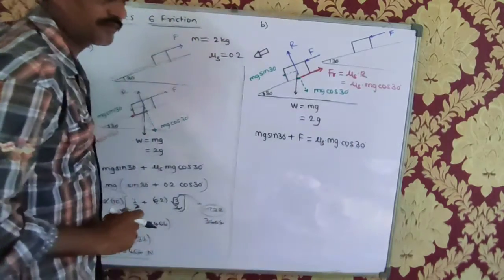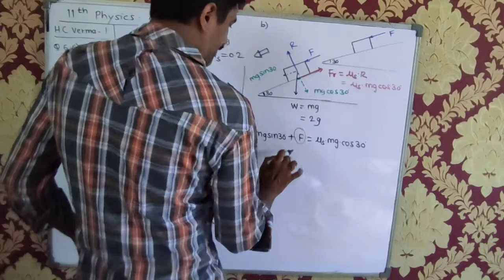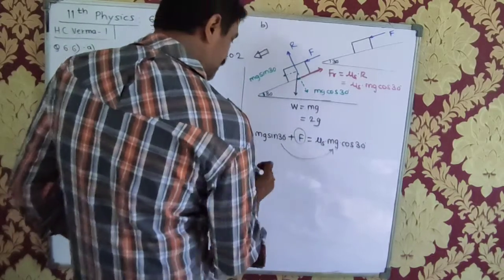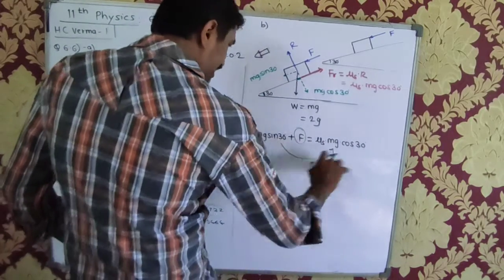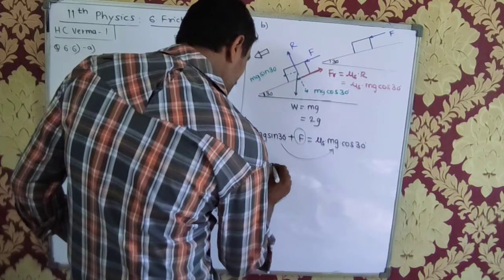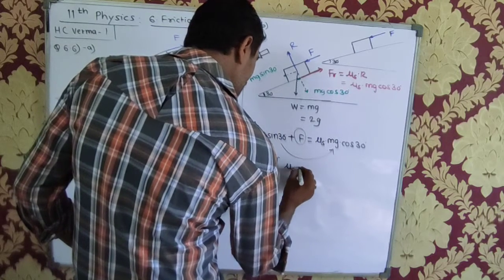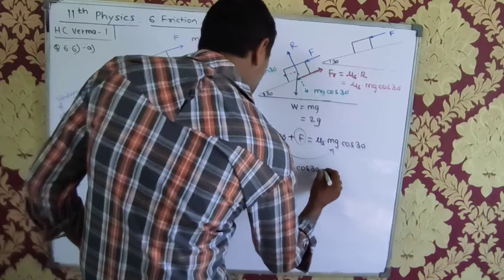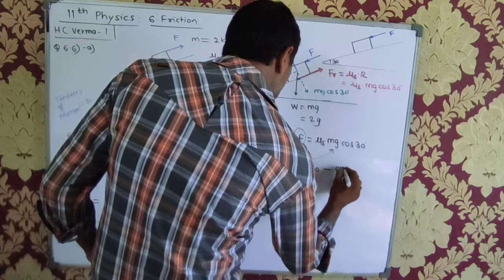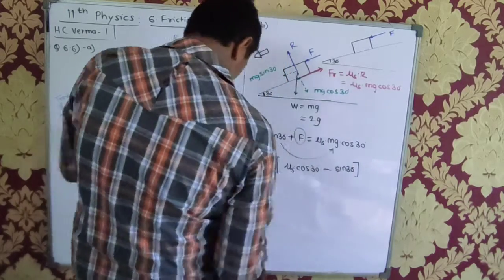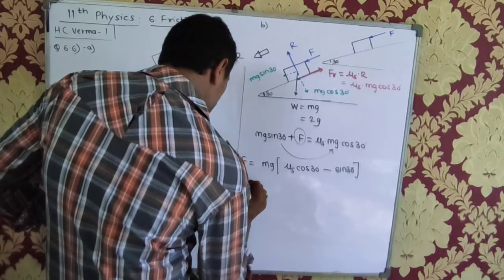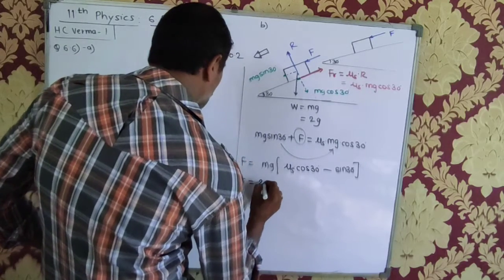Right? Now I have to calculate f here, so I'll transfer it to the other side. So what is f equal to? While transferring, I take mg common, so inside the bracket will come mu s cos 30 minus sin 30. Understood? Now f is equal to, what is the mass? 2, g is 10,